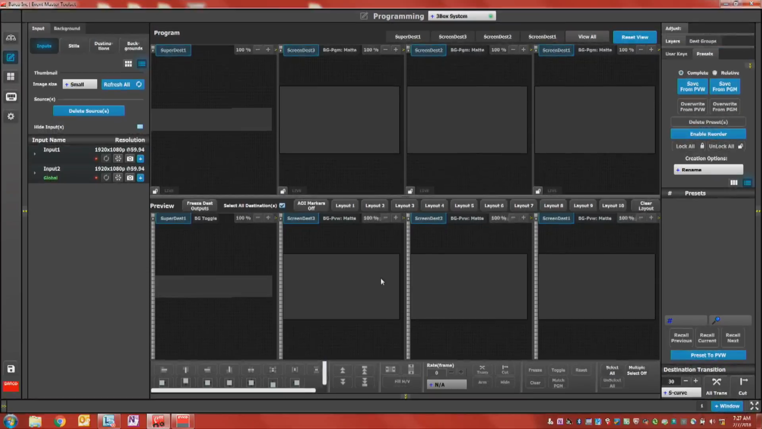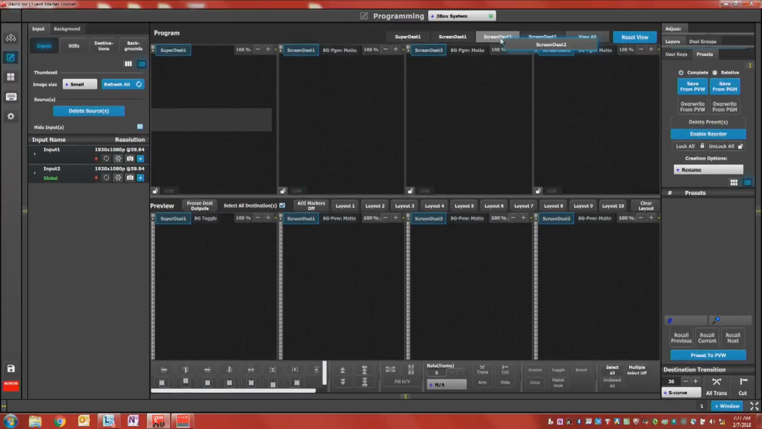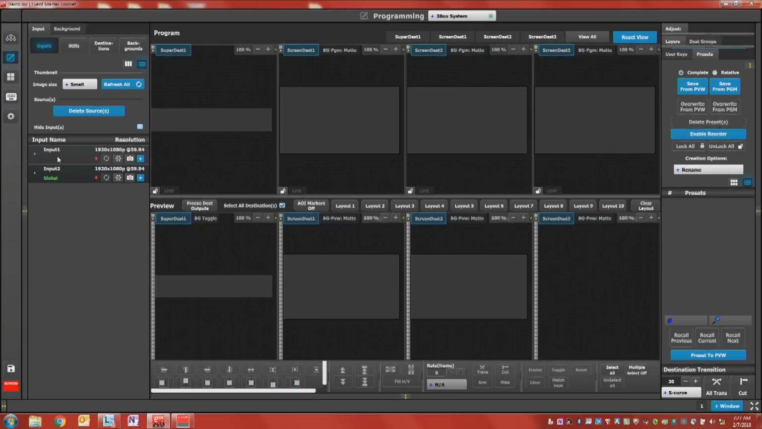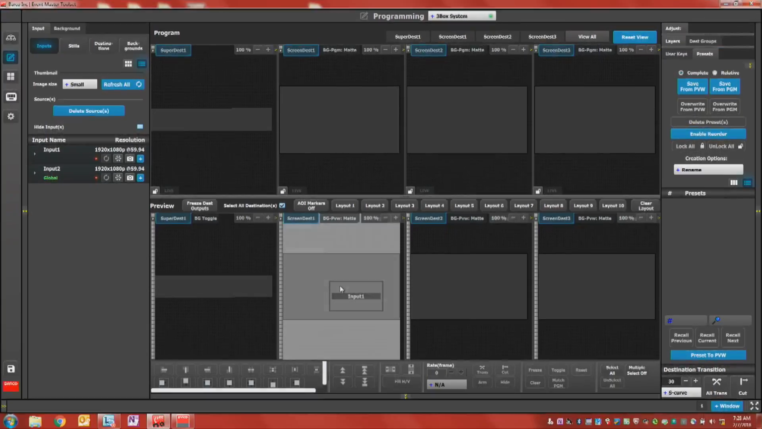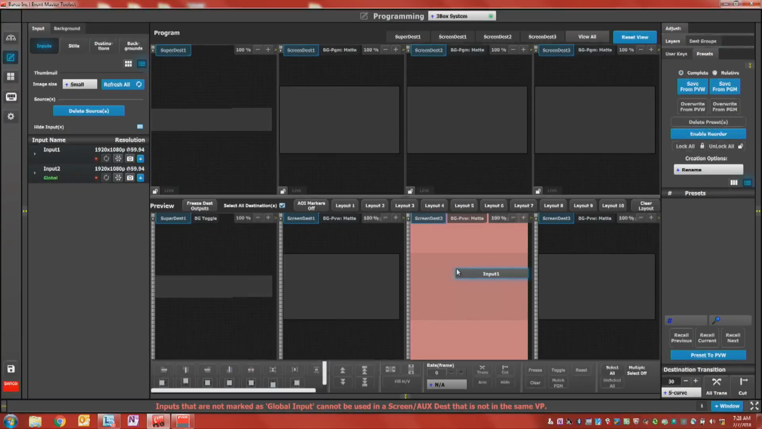Now from here, I would want to set them up again in my tabs here. So I'll do super destination on the left, screen destination 1, 2, and 3. All right, so let's start off by just dragging an input into a destination. Now, what you'll see when I drag this input in, input 1, if you remember, was a local input onto box number 1. Right. So it's available on screen destination 1, but watch what happens when I go into screen